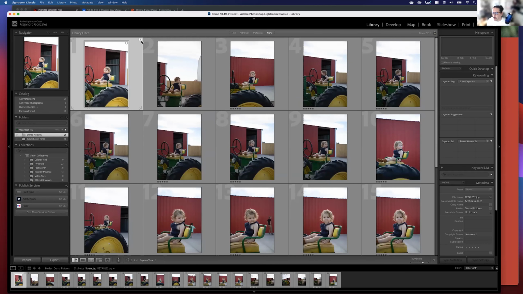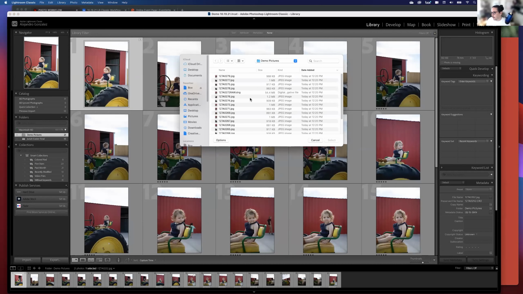There's a little exclamation point here now. And that means this photo is missing. It's not missing, right? It just was renamed, and Lightroom doesn't know where it went because it says it lives in this user's pictures folder in demo pictures, and it's named 1Z whatever. So you can't go and change your files outside of Lightroom once you've imported without having to go back and fix things. But you can